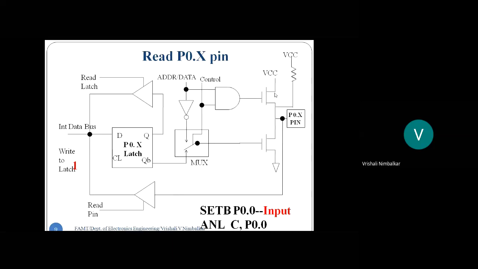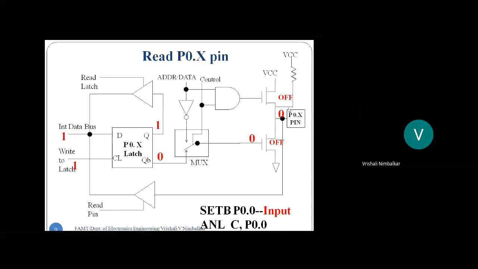How does this work? The upper MOSFET is off. The microcontroller programmer is putting logic 0 on the pin, so the microcontroller should read this logic 0. Well, for reading this logic 0, we have to initialize the pin as an input, so SETB P0.0 will be executed first. So set bit is logic 1, the control signal, the latch is enabled, the clear is 0, and thus the lower MOSFET is turned off. So the pin will show logic 1.